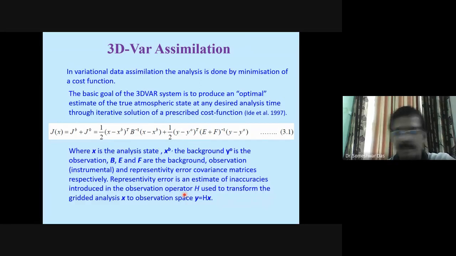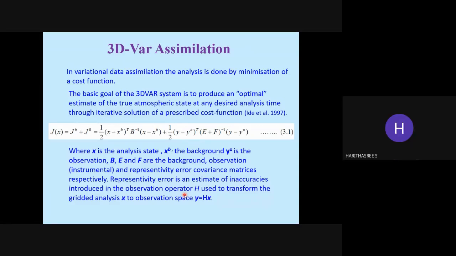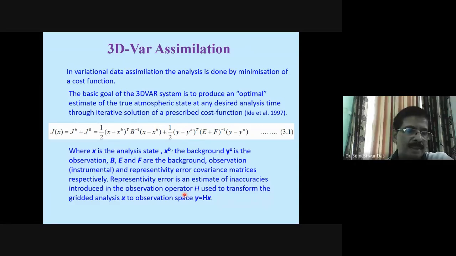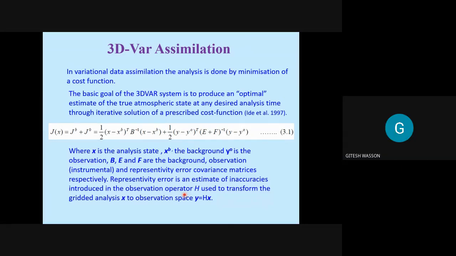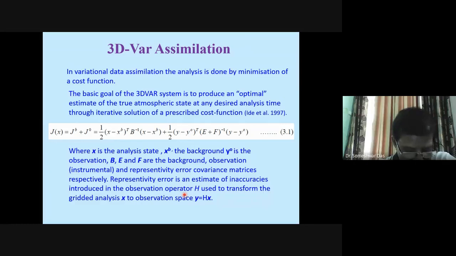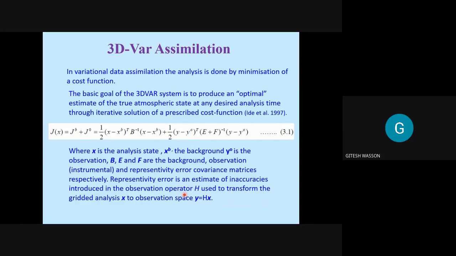Am I audible? Clearly? Yes, sir. Okay. So what is the most important observation from a Doppler radar? Nobody is saying. Change in phase. Change in phase of the reflected pulse.